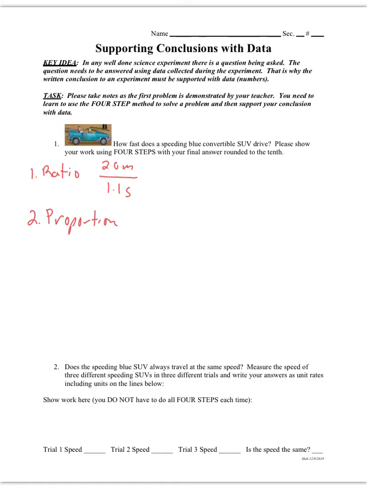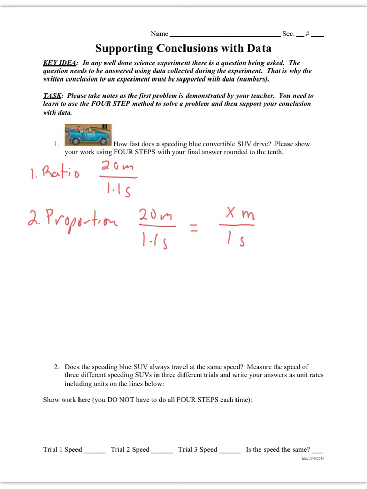Now the goal of the proportion is to figure out how to convert the ratio from 20 meters over 1.1 seconds into a unit rate where the denominator is 1. And here's how you do it. First, you write the original ratio, which is 20 meters over 1.1 seconds, and then, as you know, a proportion is when two ratios are equal. So I'm going to set it equal to another ratio, write a fraction bar here, and my goal is to get the denominator to be 1 second, because right now, recall, it's 1.1 seconds, not a convenient denominator for comparison purposes. So then I'm left wondering what is up here in this numerator, and so I'm going to write x